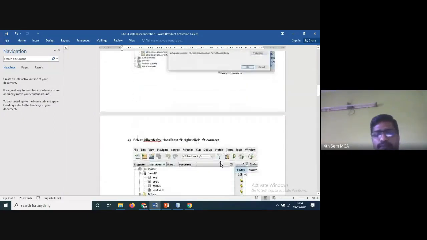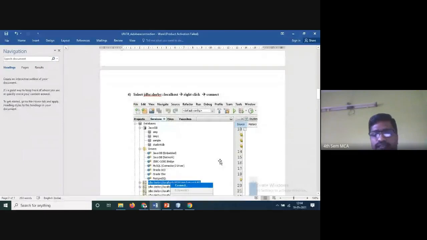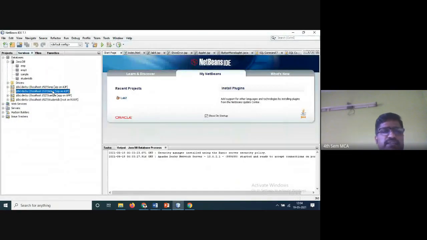Once this is completed, nothing will be there, so after this you have to give the connect. Select JDBC Derby localhost, right click and connect. It should run, that is the reason we go for EMP1. Whatever table you have created, you will not get any confusion, because when you are creating the first time, no tables will be there, only the sample table, because I have practiced with two tables. If I delete them, that code will be wasted. That is the reason I am keeping EMP1, AJP, AJP. Just right click, connect.